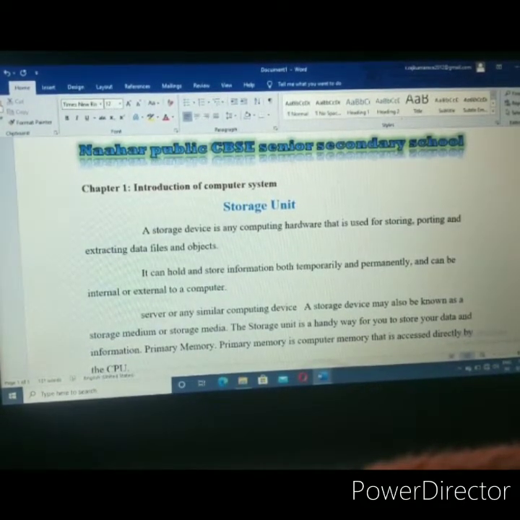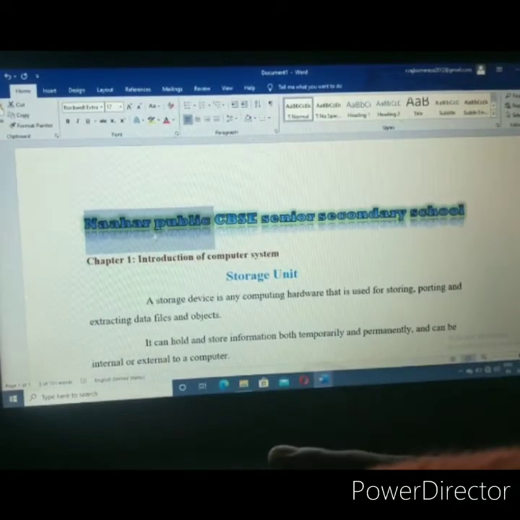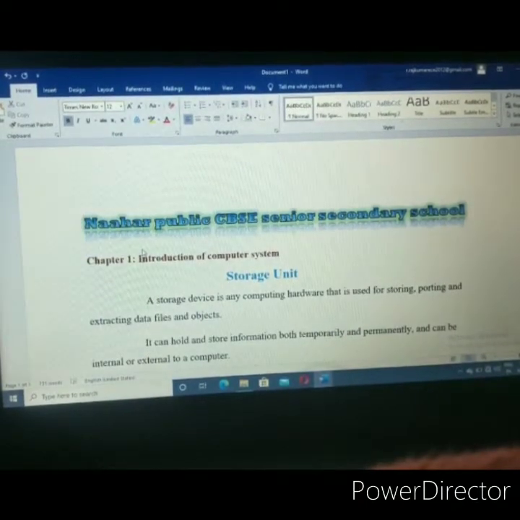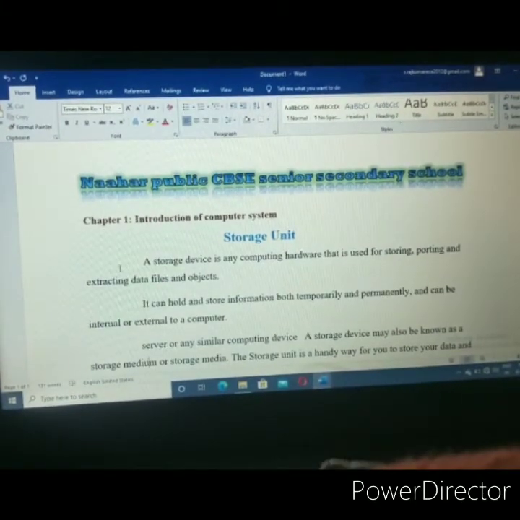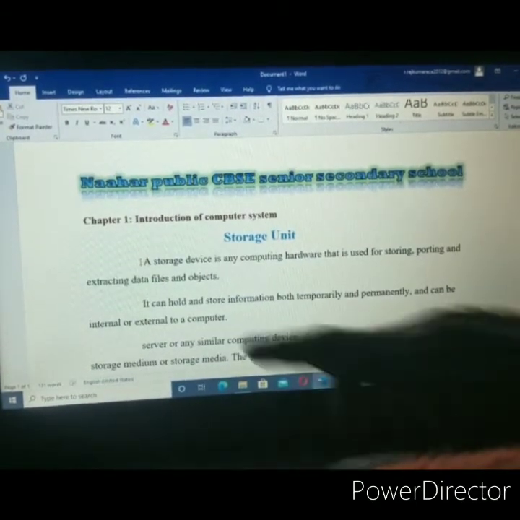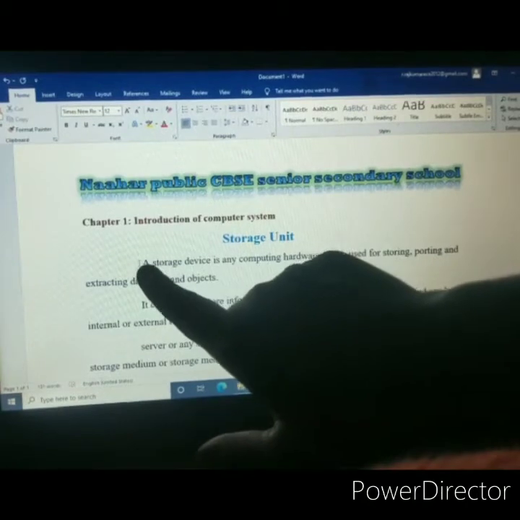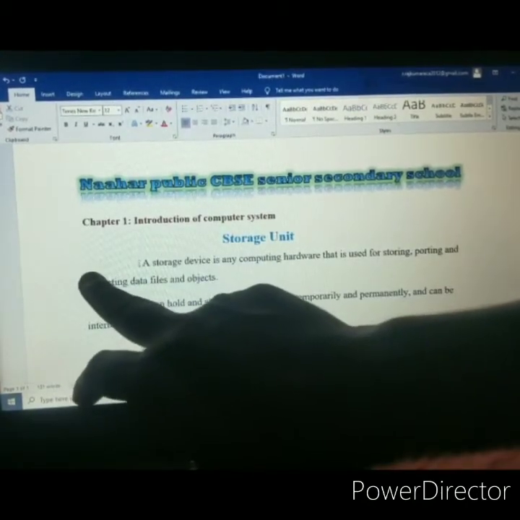Next one is aligning the paragraph text. How to align the paragraph text? See children, here my paragraph is here, right? I want my paragraph to start from here.